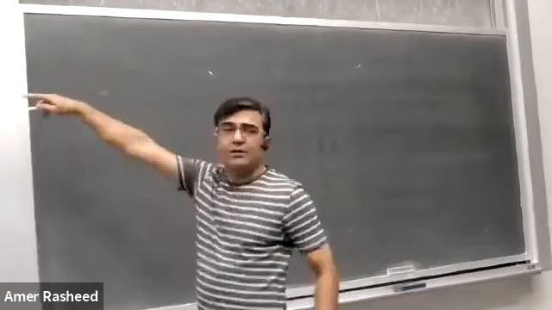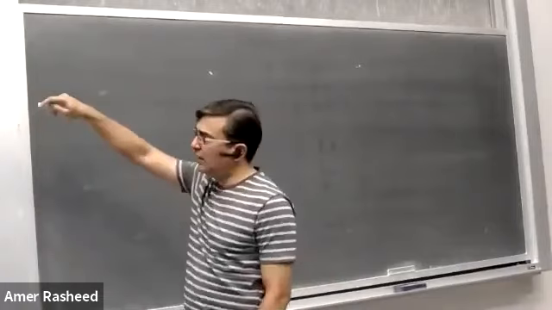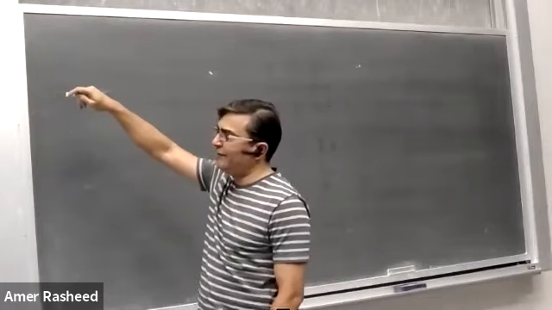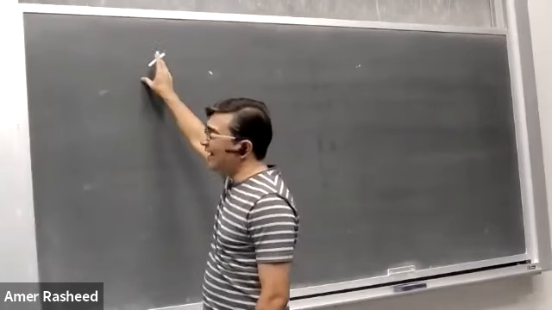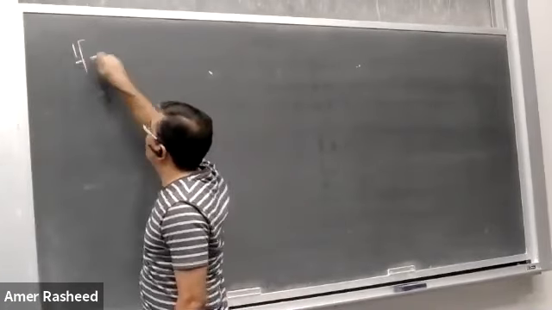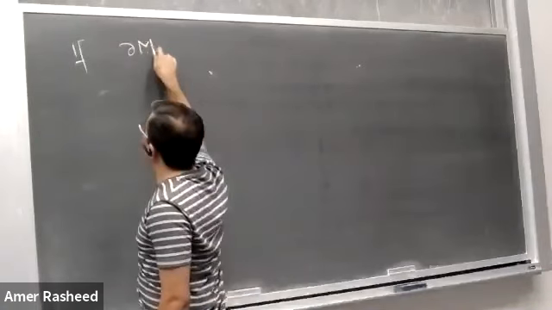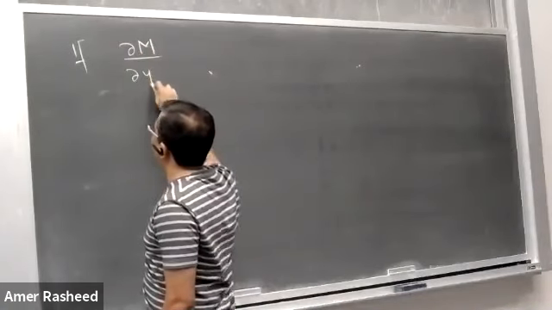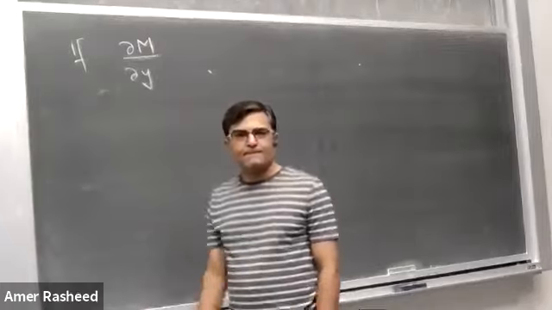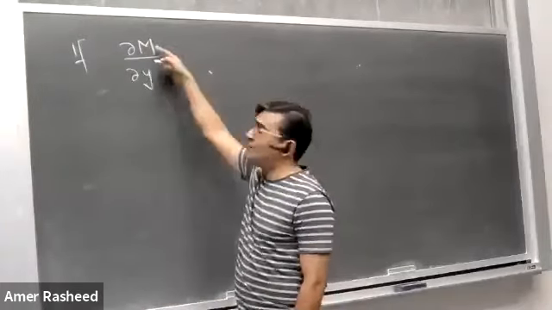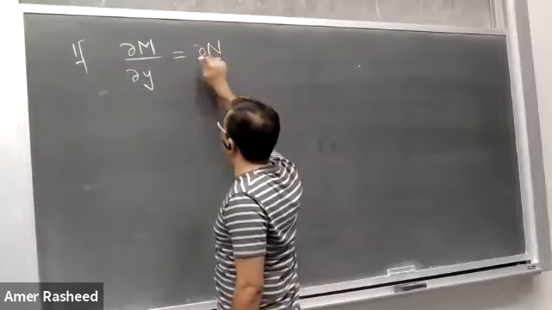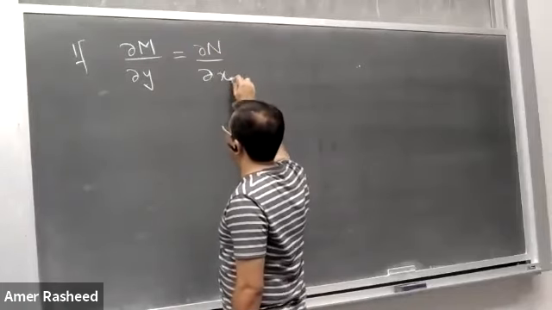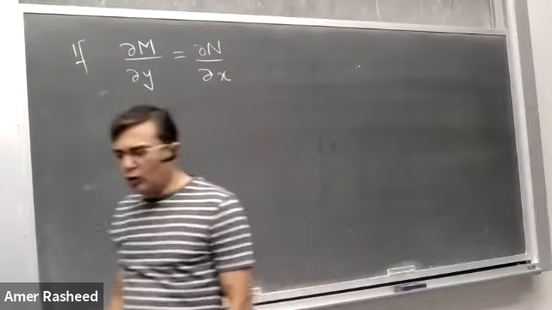Then the equation M(x,y)dx plus N(x,y)dy is said to be an exact equation if partial M over partial y, we take the derivative of M with respect to y, is equal to partial N over partial x. If this holds,